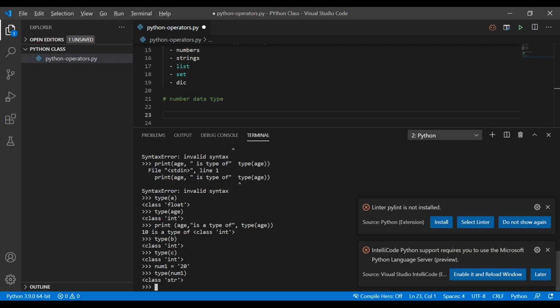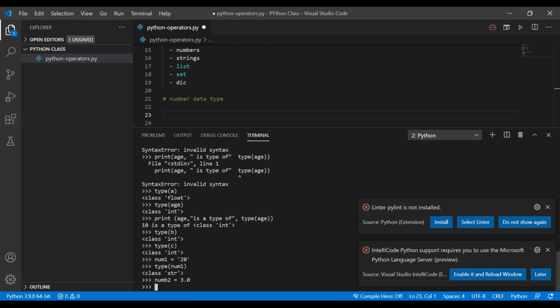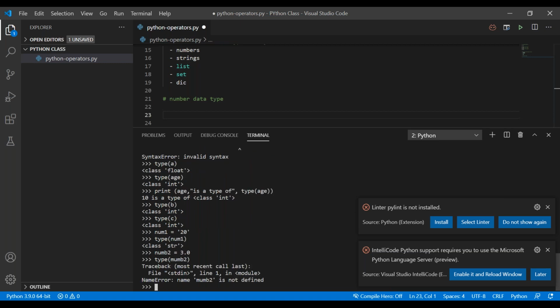Okay, suppose the other one is float. So here I'm going to assign some other value. I'm going to say number two is equal to, let's say, 3.0. Now this is our float number. So now let me check this with the type function. Inside the type function, let's say num2 for the variable name. Okay, now it's saying